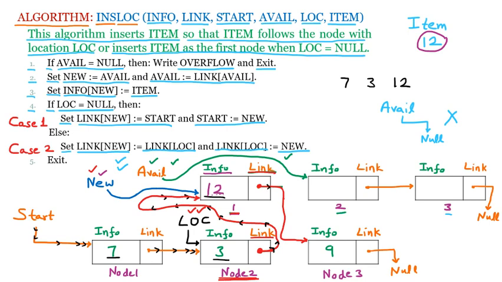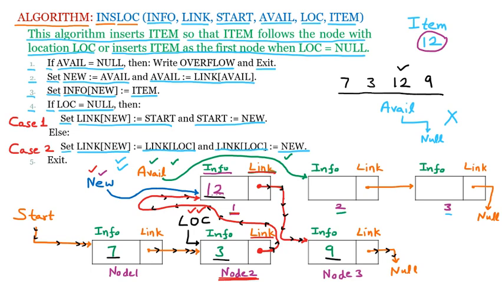Now afterward the link part of this node is going back to the linked list which is pointing to the next node which is 9. So here you can see that 9 is present. Then afterward the link part is going to the null. So linked list is complete. So we have traversed these elements. So this is how we have inserted successfully the item 12 in between the linked list.